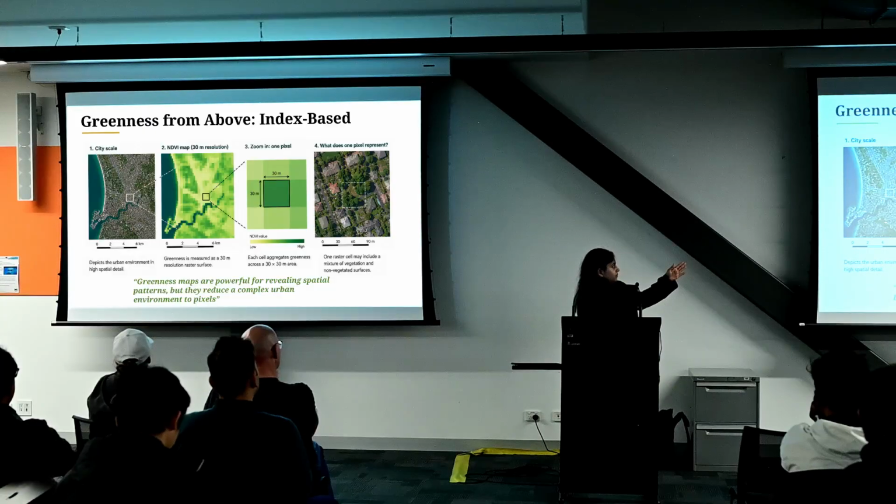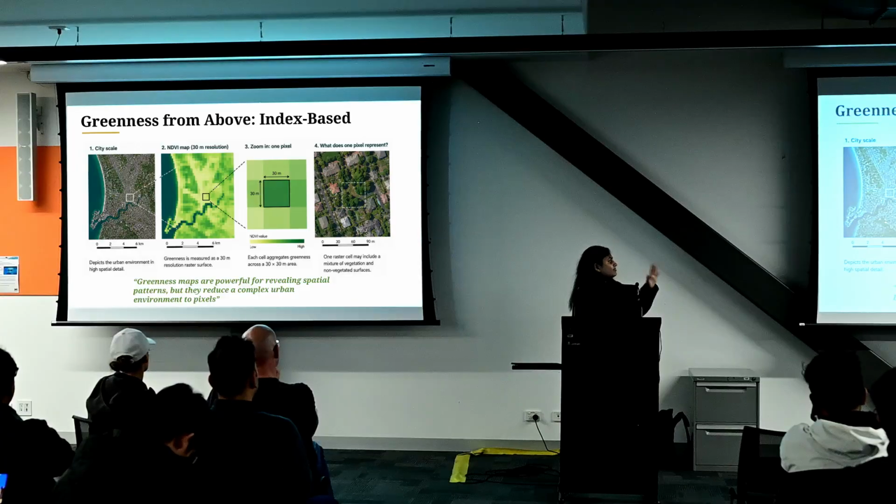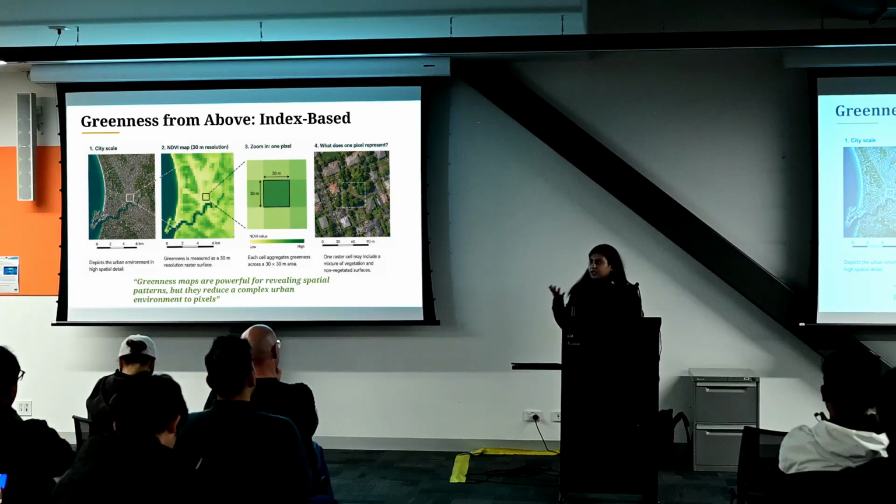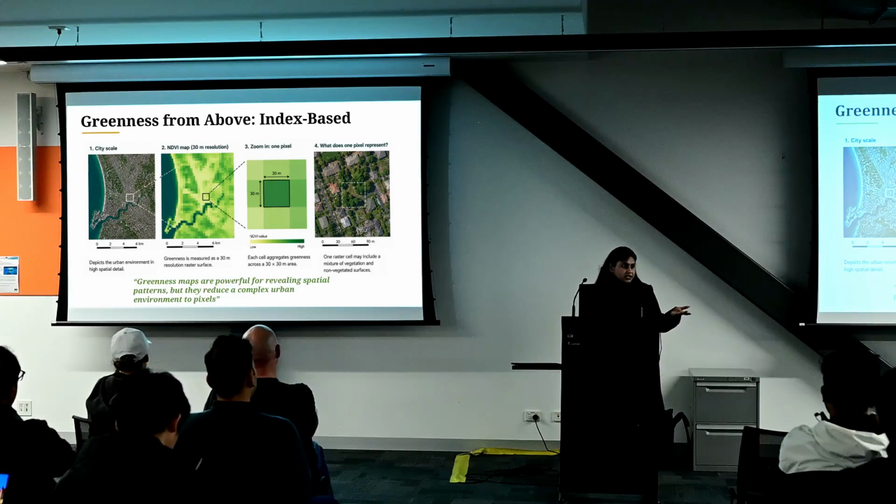Let's take 30 meter by 30 meter here, which is around 900 square meters, right? And in this 900 square meters, it's showing that there is green, high green. But we can't say what green it is. Is it trees, grass, shrubs? When we zoom into a satellite image, we can find, oh, there's a bunch of trees. What type of tree is it? Is it a different species? What kind of species and how is it impacting? That's why my talk is based on why maps aren't enough, because for decades in spatial research, we have used maps to understand this kind of data sets, to analyze the pattern.